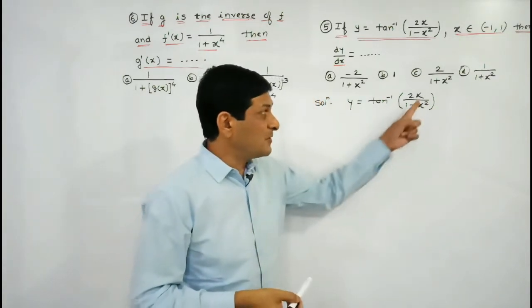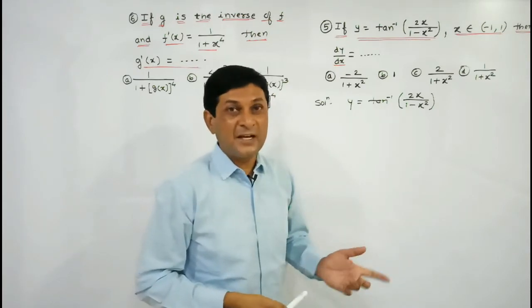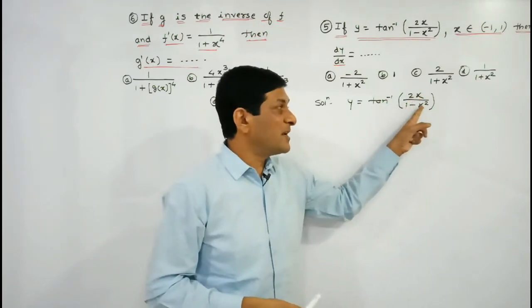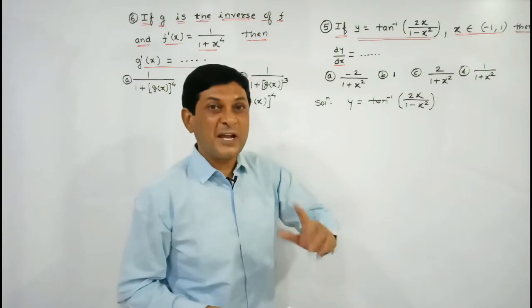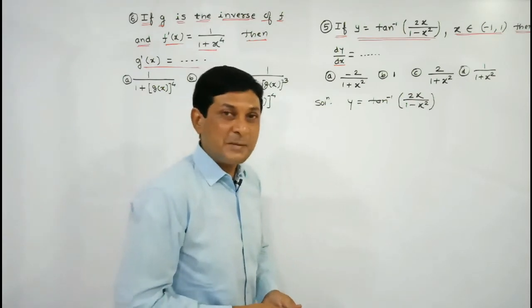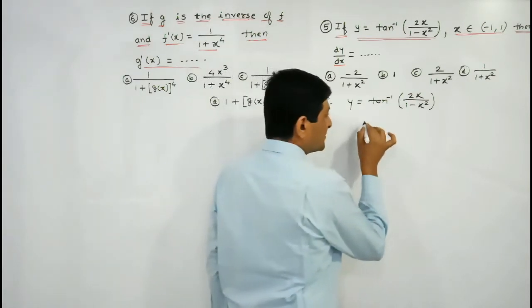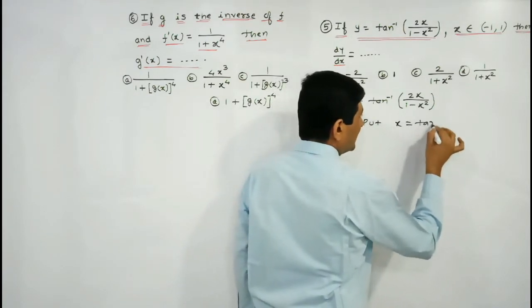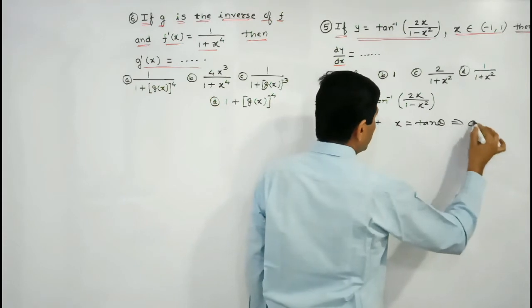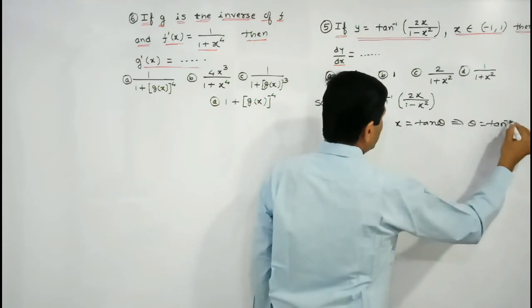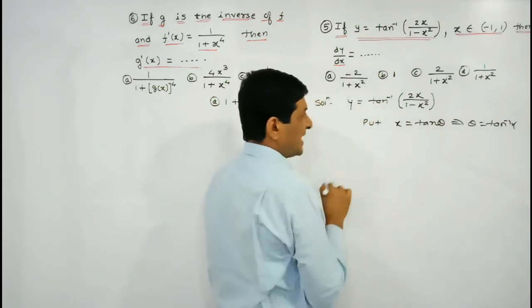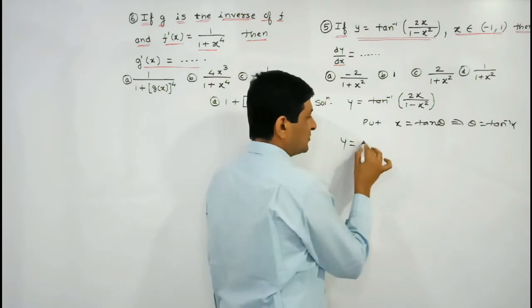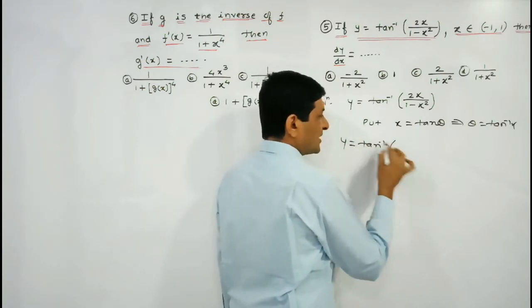If we substitute x as tan theta, what will we get here? 2 tan theta upon 1 minus tan square theta, which is nothing but the value of tan 2 theta, means it is the double angle formula of tan. That's why I'm substituting here. So put x is equal to tan theta. Then theta will be equal to tan inverse of x, just simply taking tan inverse on both sides. So y is equal to tan inverse of,